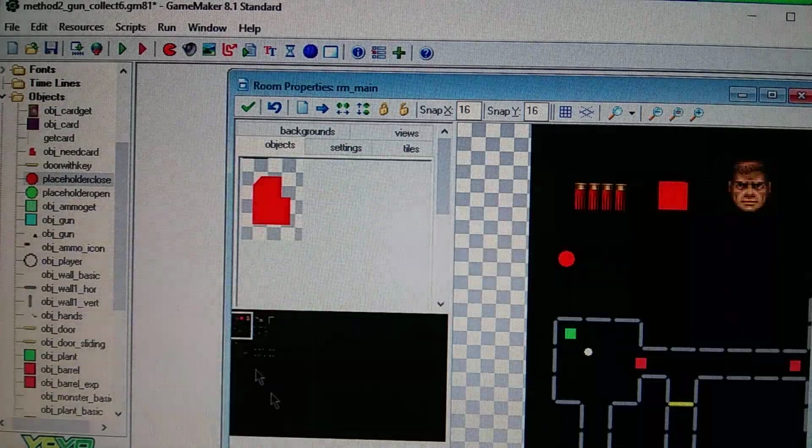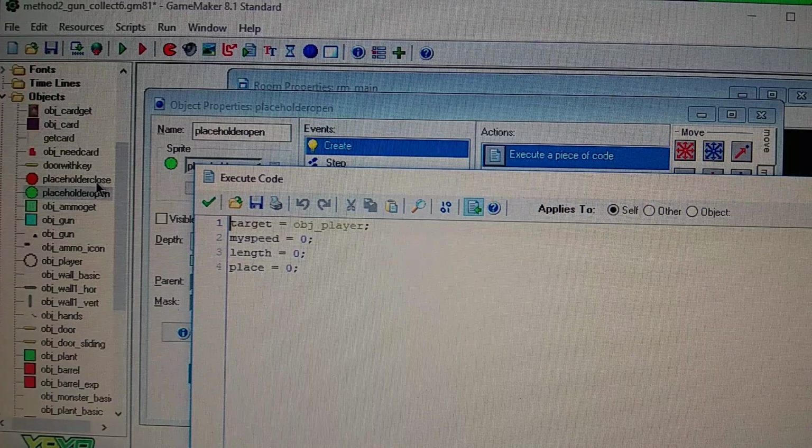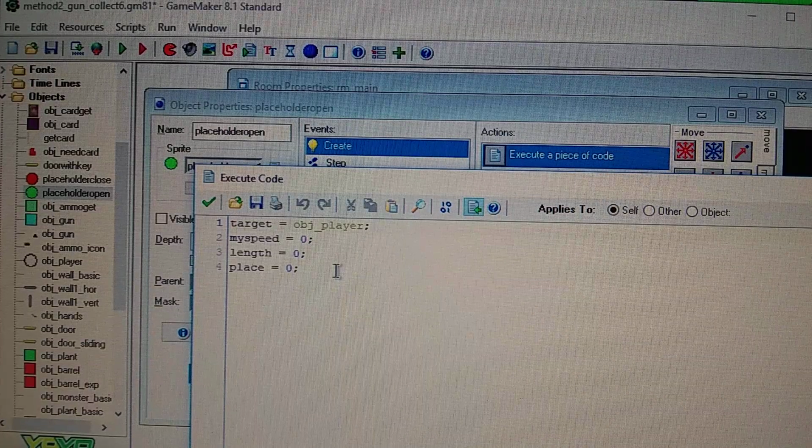Alright, and so then you have the green placeholder and have the same code as I did on the red placeholder. It's going to follow the character once I have the card. So once I collect the card, which is the key to open that door, then it'll switch my red placeholder close to my green placeholder open. And then when I go to the door, you'll pretty much touch the door with the green placeholder, and then the door will say, okay, he has the key now, and it's going to open the door, and it's going to also